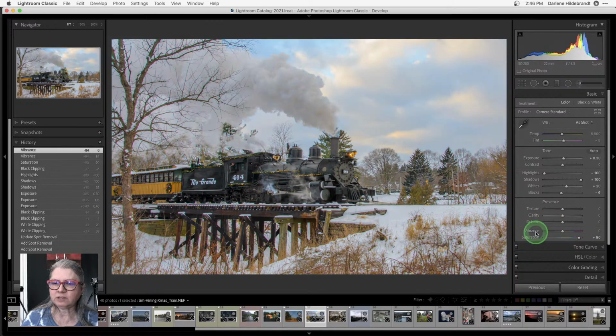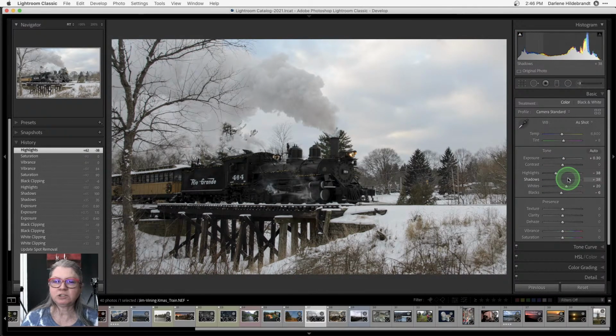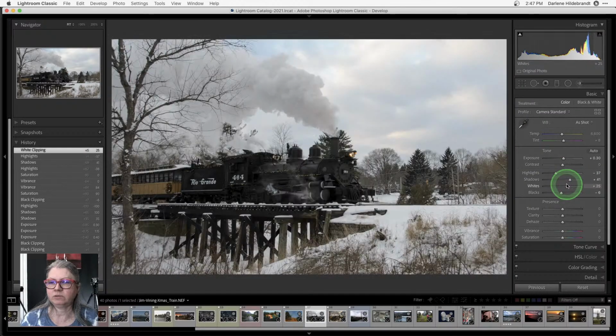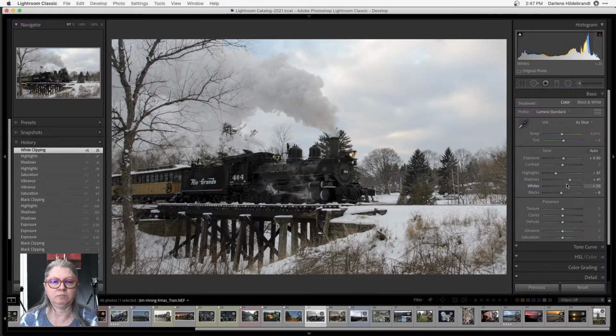Okay, so I'm just going to undo some of that. So you want to keep your edits a bit more natural looking, and especially the global edits, the ones that apply to the whole image. Right, so I haven't got anything clipping. We've got lots of detail. We can go even a little farther with the whites. So all I've done so far is remove the tree and just brighten it up overall a little bit.